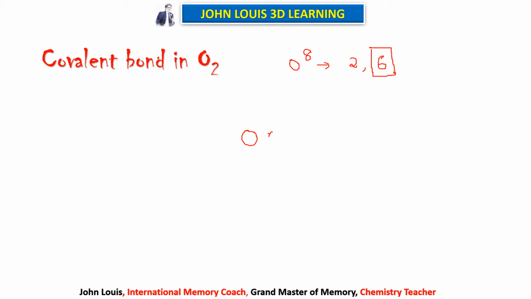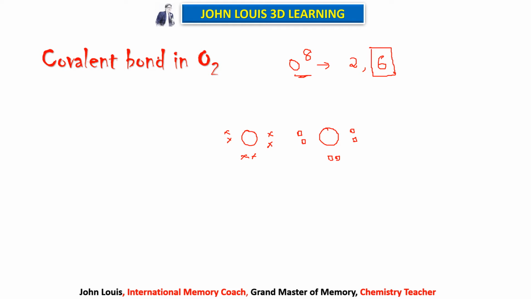Therefore, you take the first oxygen atom. Okay, it has 6 electrons, no? So 2, 4 and 6 electrons. You take another oxygen atom. So this is also having 6 electrons in the outermost orbit. Same atom. Therefore that also will be having the same number of electrons. So this is the 2 electrons, and here are the 2 electrons, and here are the 2 electrons. See, all together 6 electrons for the second oxygen atom also.